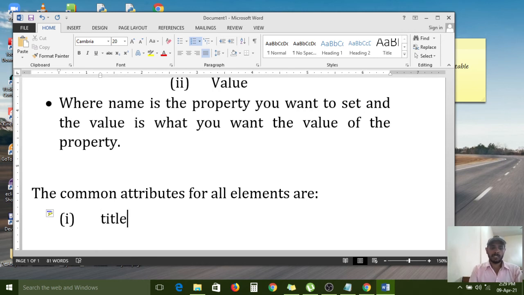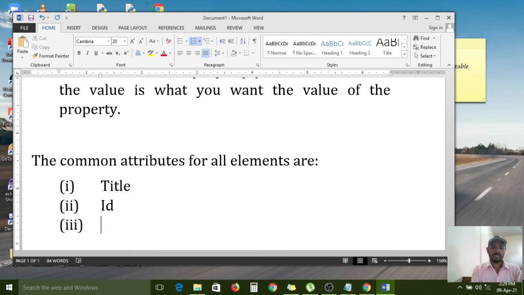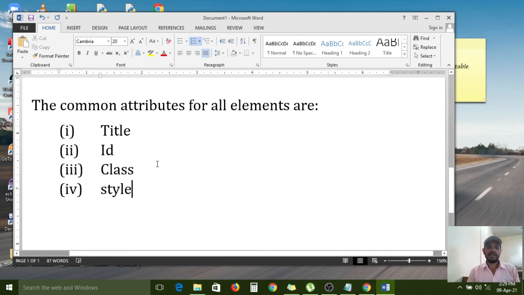Title tag is also there, and also an attribute. Second one id attribute. Third one class attribute. Fourth one style attribute.